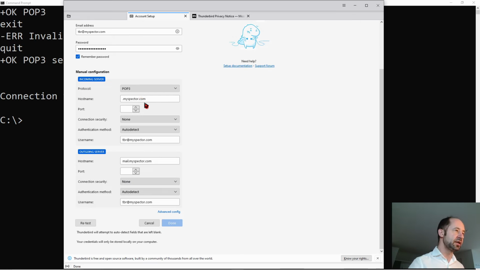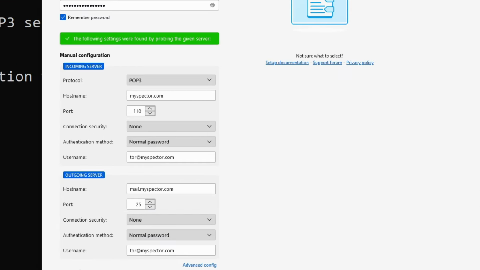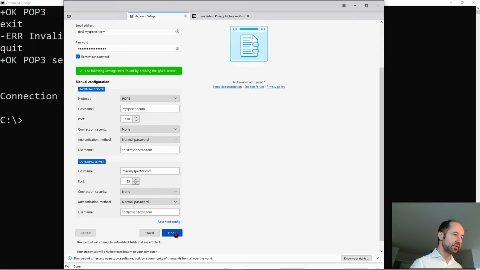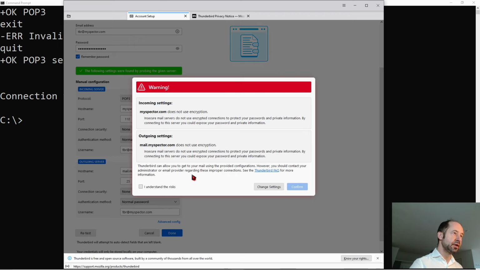I come back here and POP3 myspector.com. Hostname mail.myspector.com. Port 25. Retest. Okay, now it looks to be good. Done. Warning, incoming setting myspector.com does not use encryption.